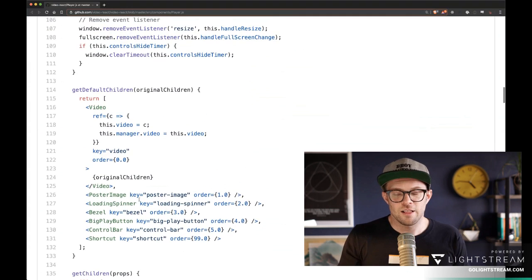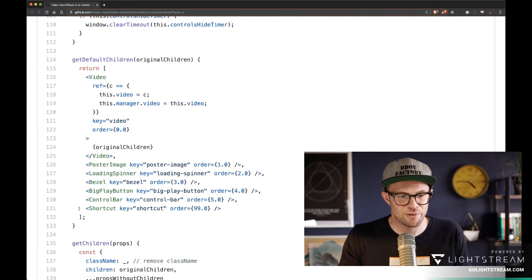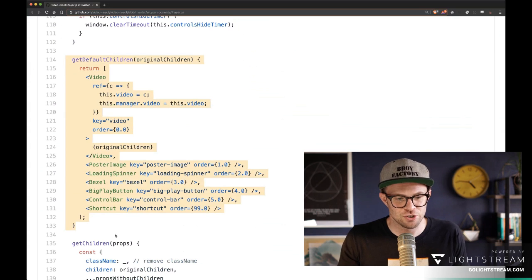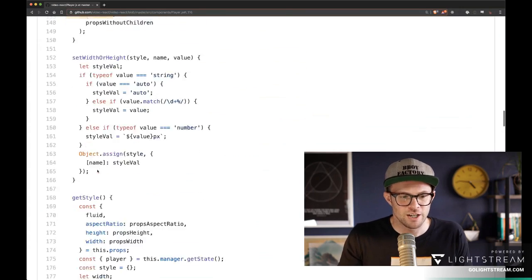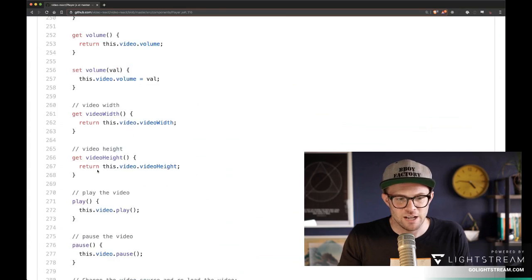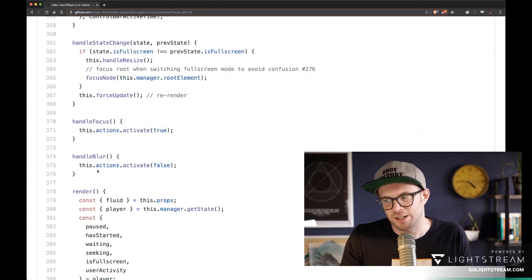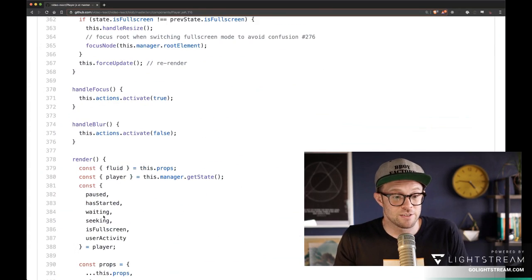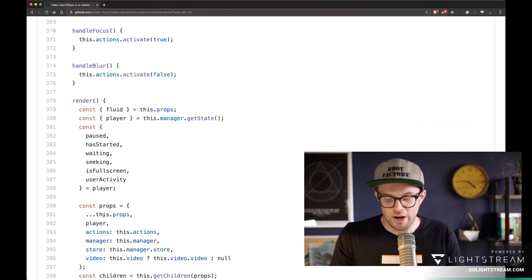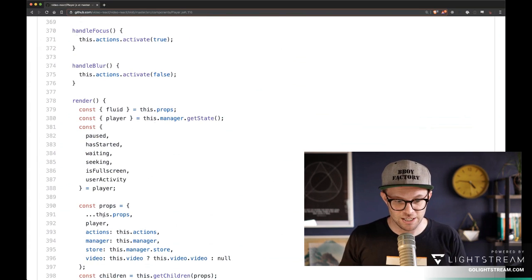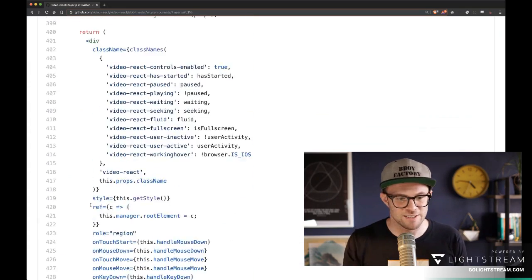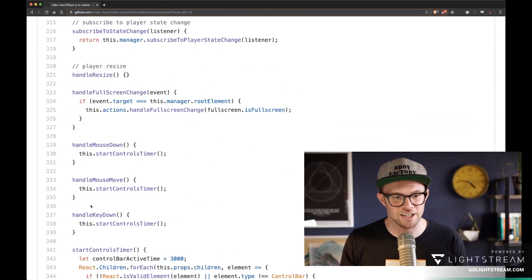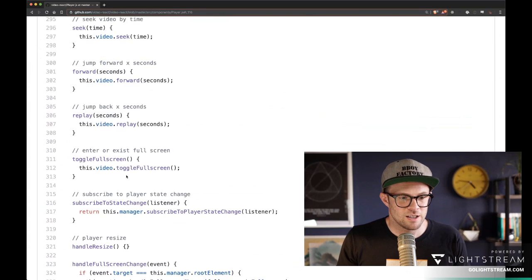One of my pet peeves about this repo is they have a lot of things where it's like get default children, where it's a whole bunch of React components with orders and whatever, then get children that adds in the Redux store and then outputs it all somewhere down here. The biggest thing I have with this repo is that it's over-engineered like crazy because of Redux in particular. You have some sort of an action, let's say, you can't even see it here, but let's say you have an on-play action. Well, you have to,